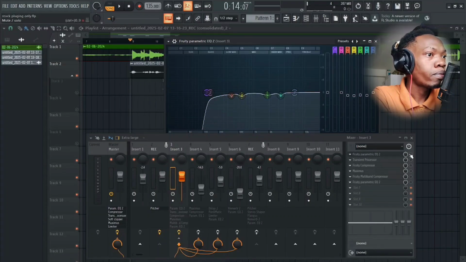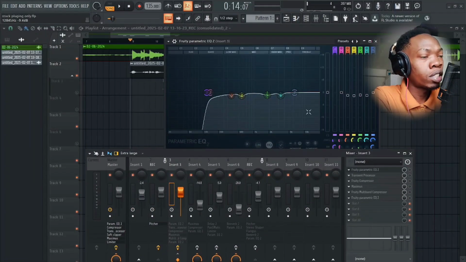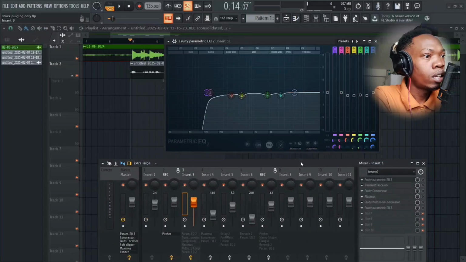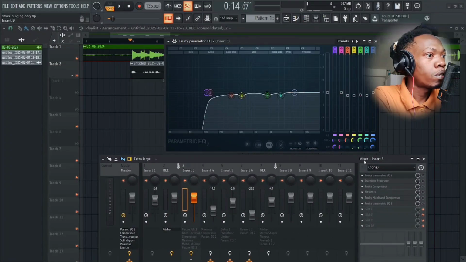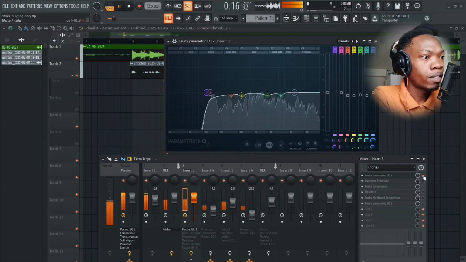And then I also have a few dips here. As you can see, this is called subtractive EQing. I'm pretty much dipping all the frequencies that are going overboard, and I'm using the spectrum visualizer here to kind of note where those frequencies are going, those frequencies which are going over the mix. So when I turn this on,